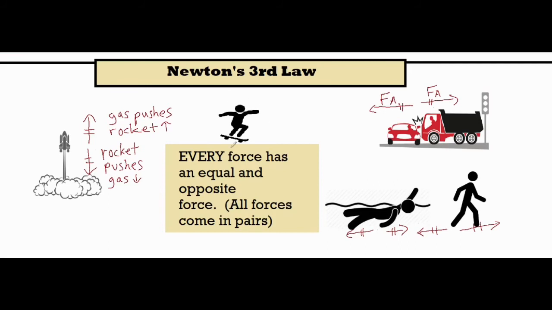The last scenario that I want to bring up is a person doing an ollie on a skateboard, and an ollie is basically just doing a jump on a skateboard. Now, if you jump straight up on a skateboard, you're not really going to make the skateboard rise off of the ground. Your feet are just going to rise up away from the skateboard. So what's actually happening is an example of Newton's third law. What you would do is you would apply force on the back part of the skateboard,